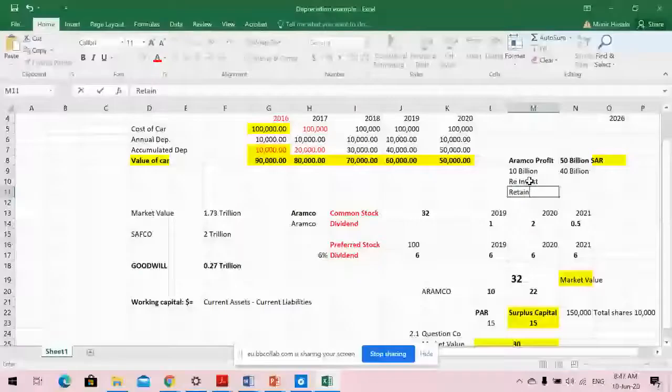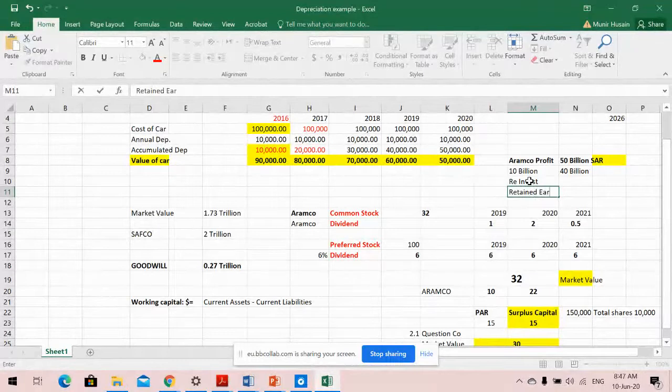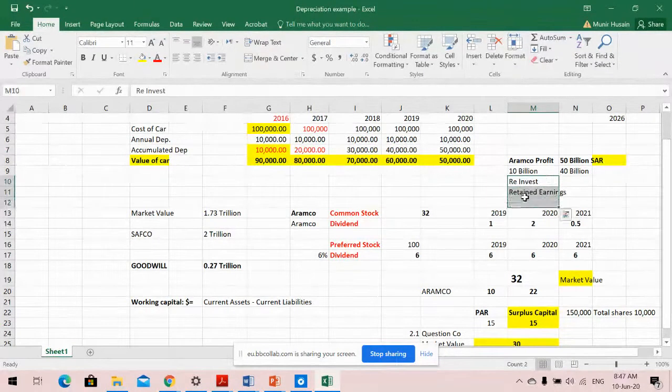We call it retained earnings, or retained profit, which is another name. You retain the profit and reinvest in the business. It's the same thing. So you decided that out of 50 billion,